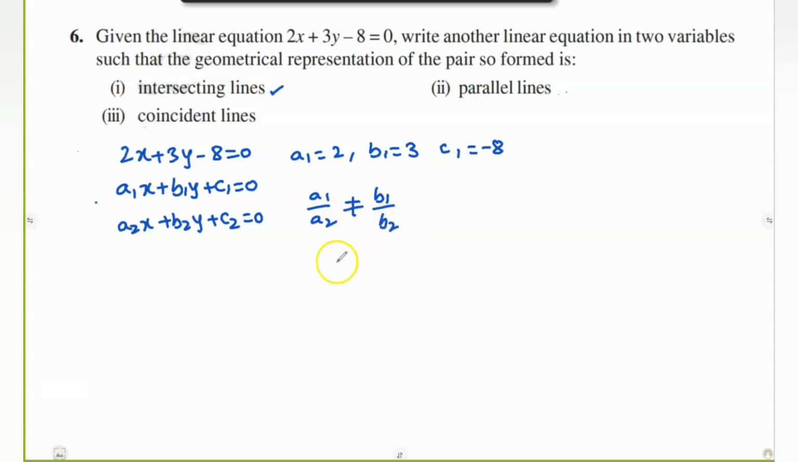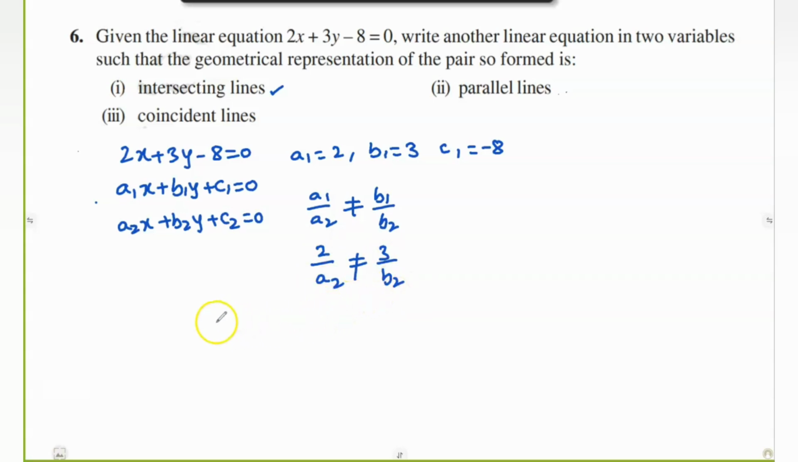Okay, we need to choose a2 and b2 in such a way that if you divide a1 by a2, means 2 by a2, it should not be equal to 3 by b2. You can choose any numbers for a2 and b2 such that these two fractions are not equal. Moreover, c1 is minus 8. You need not consider this. You can choose c2 as anything because there is no such rule for c1 by c2. Either they may be equal or they may be different, no problem. So c2 you can choose any number. Even a2 and b2 you can choose anything, but the fractions 2 by a2 and 3 by b2 should